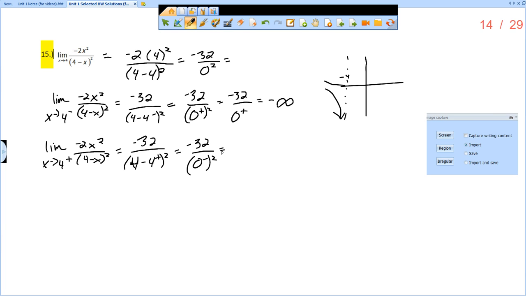But once again, we're squaring it, so we get -32 over 0 from the right, because any negative number that we square becomes positive. And so from the right, we're also approaching negative infinity, which means we're going like this. Now, because the two infinities are the same, we can give the overall answer as negative infinity. But remember, we know that that really means that this limit does not exist, because negative infinity